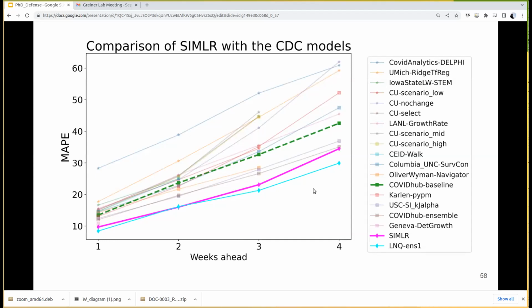We actually compared the performance of this model with many other models that were submitted to the CDC in the US. And depending on how you look at it, we can be either second place in absolute terms. The reality is that this is a statistical tie, because there is a very big variance in the prediction. So statistically, we are tied, or in absolute terms, we are in second place in performance, which is actually a very good result.